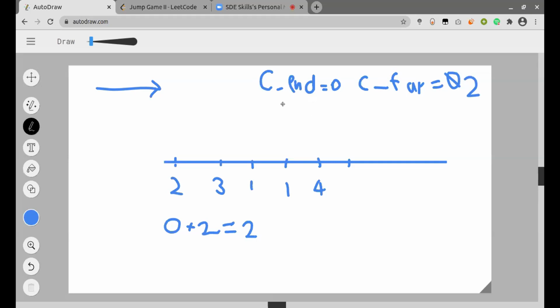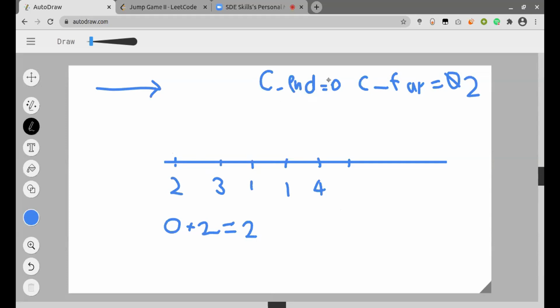The reason is if the current index is equal to the current end, this means that I am making one of the jumps here. Since it is initialized with 0 and this index is 0 itself, this means that at the 0th index, I will take some jump either to 3 or 1 or any of the indexes here.